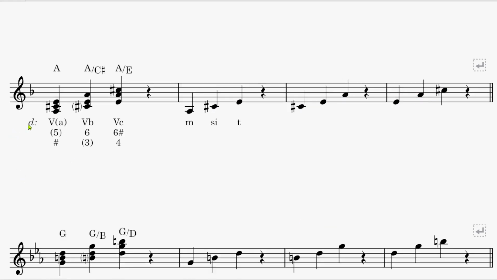Now come to D minor. If we have the A major chord, A, C sharp, E, A is the 5th note from D minor. So it becomes the 5th chord. A is the root. So this is root position. C sharp is the leading note and the 3rd of the triad. So this is B position. And then the 5th is E. So this is the 2nd inversion. We write 5A, 5B, and 5C.